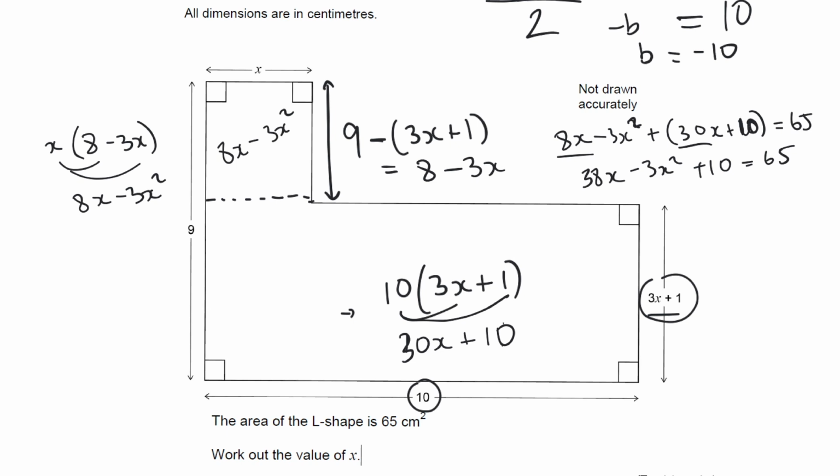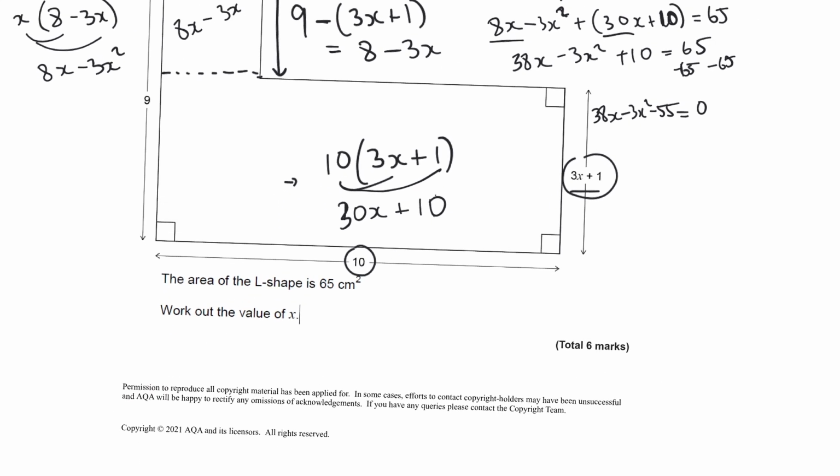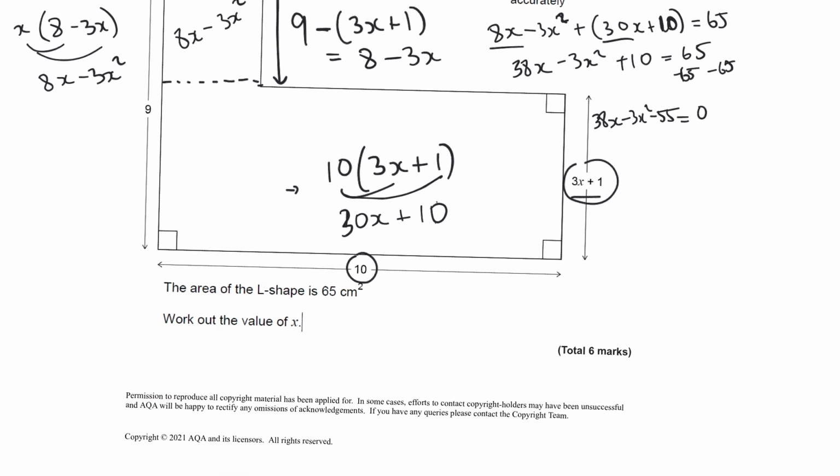Then I'm going to take away 65 on both sides, so I'm making this equation equal to 0. So 38x minus 3x squared, minus 55. Now I've got that, I haven't exactly got nice numbers to be factorizing and working out the two brackets. I mean, if you want to, you can. I personally will not. So the other way of working out the values of x is I'm going to use